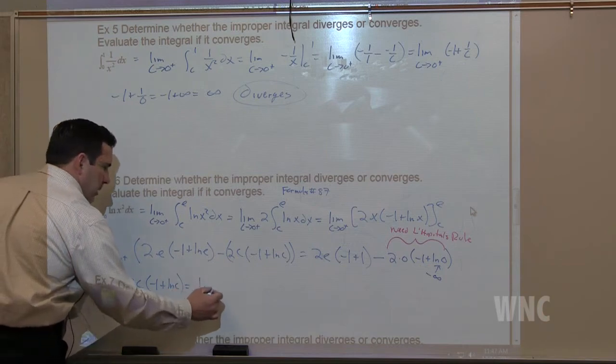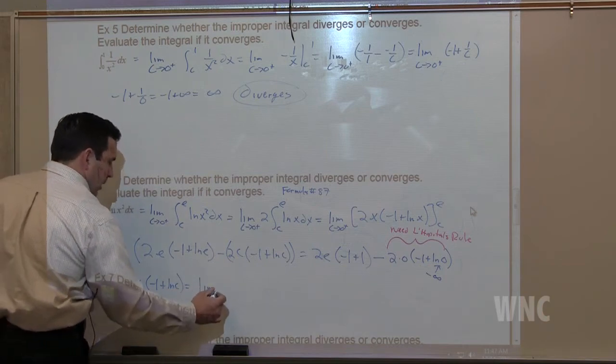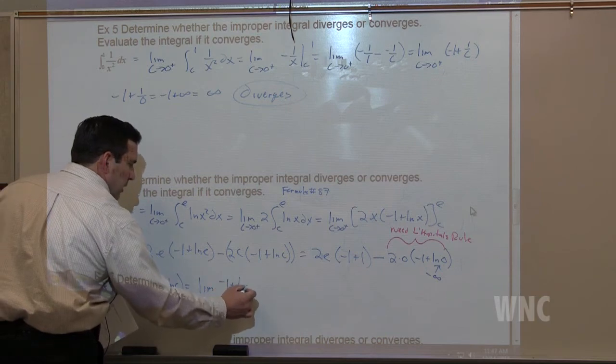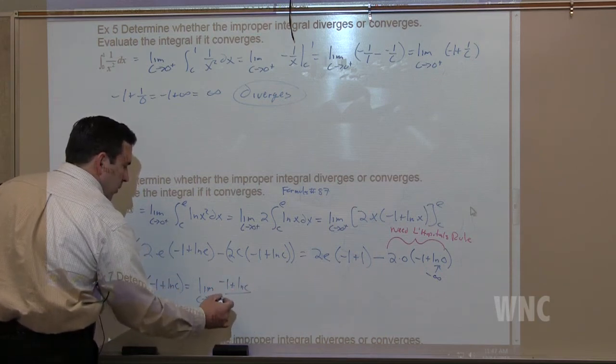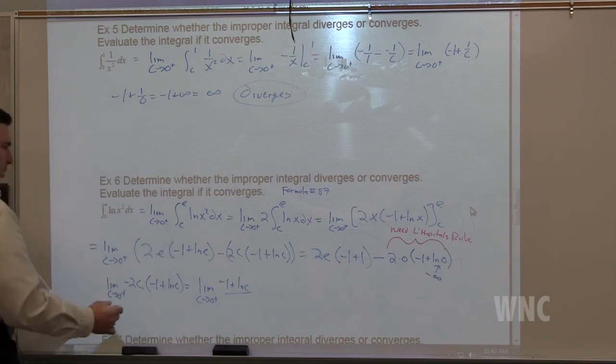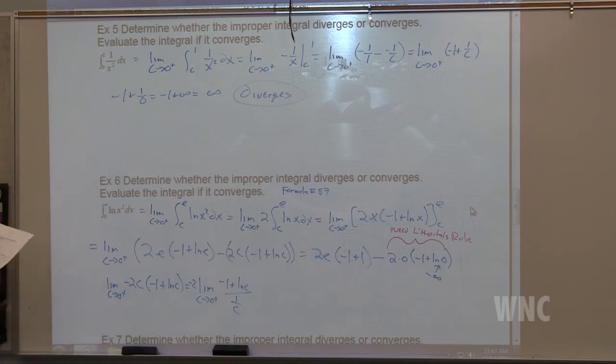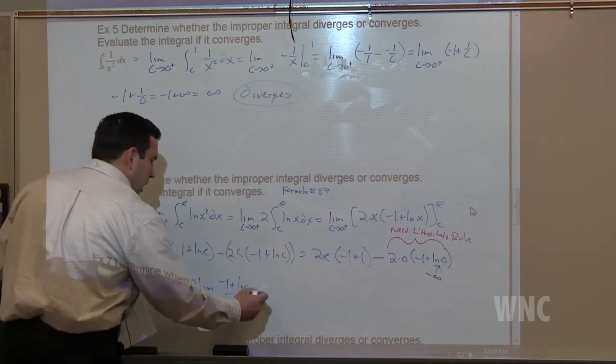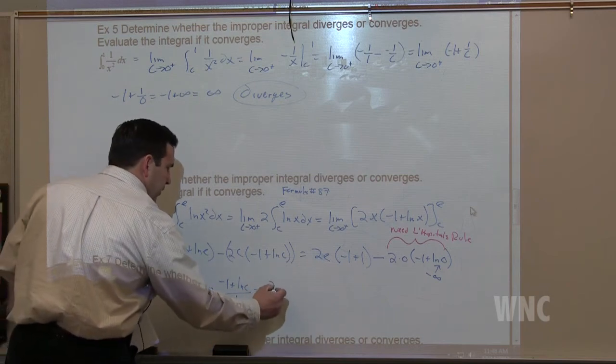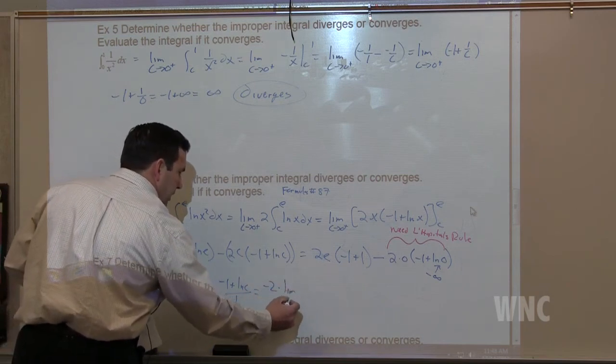So be the limit as c goes to 0 from the right side of negative 1 plus natural log of c over, I'll just pull the 2 out, negative 2 here, over 1 over c. Is there a double negative issue? Okay, we're good. Now, applying L'Hopital's rule, we have negative 2 times the limit as c goes to 0 from the